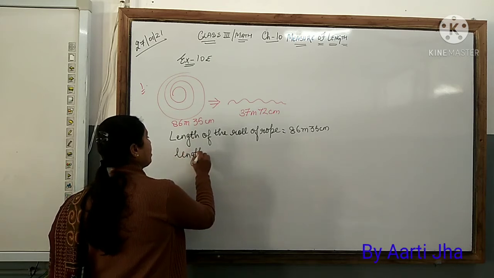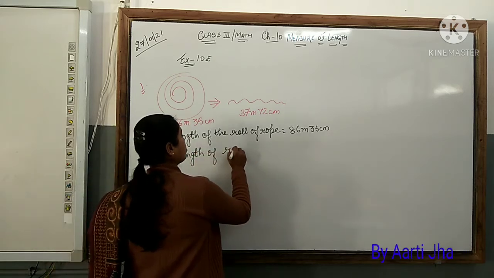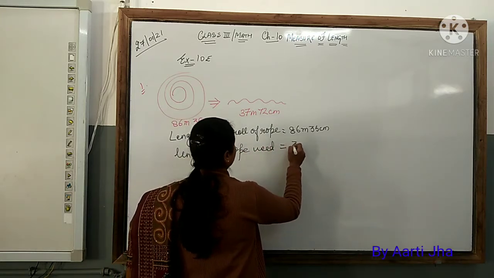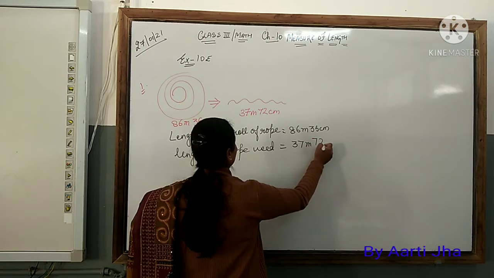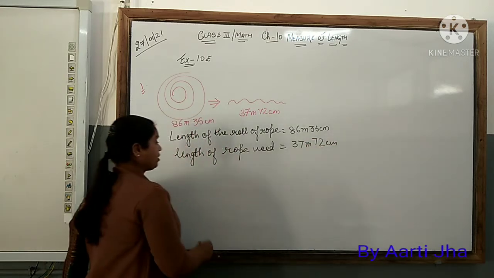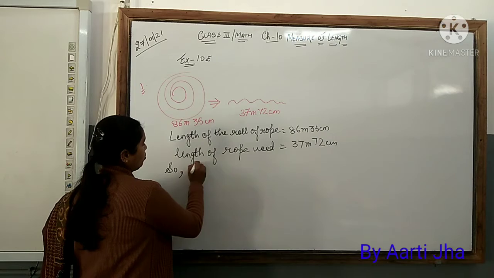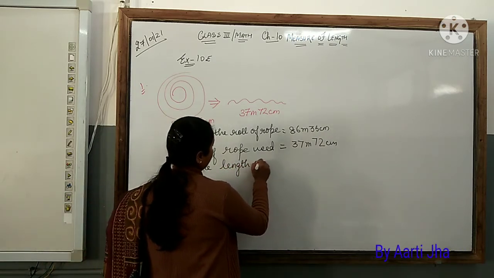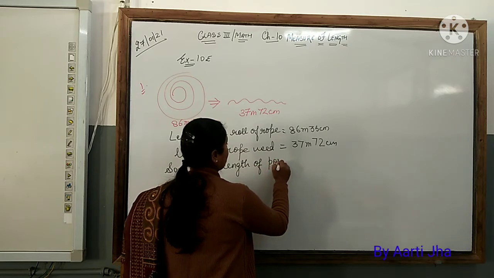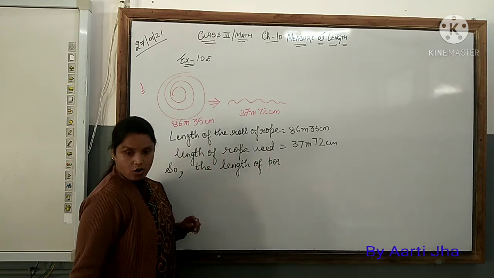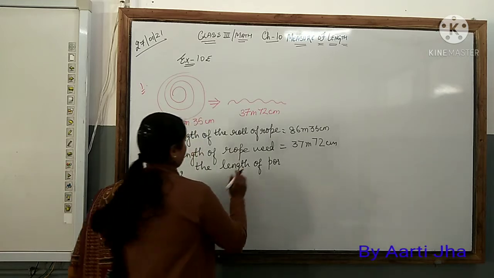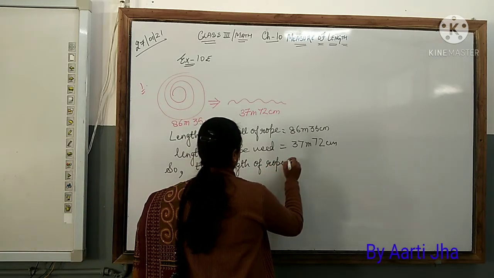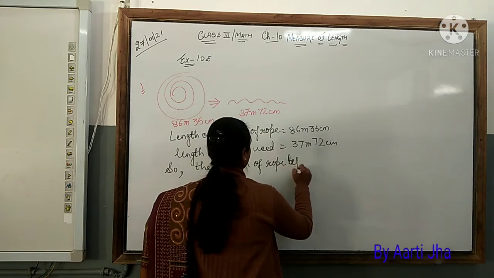What is to be used? Length of rope used. I have used some length. That length is this much, 37 meter 72 centimeter. After this, they are asking, so the length of portion or of rope left behind